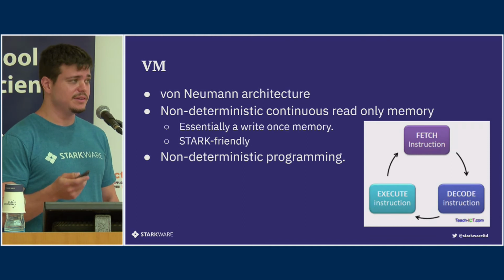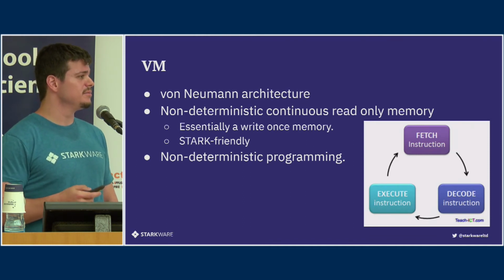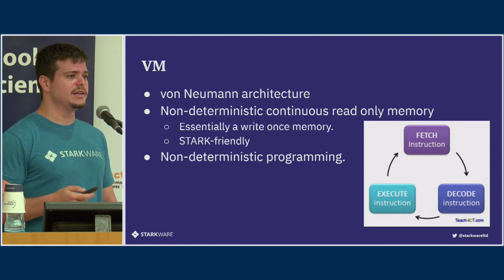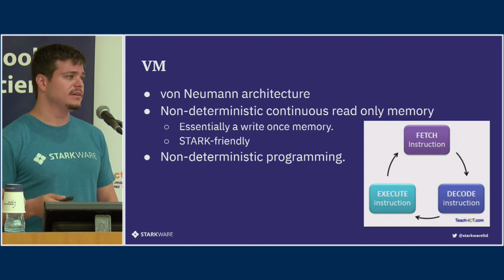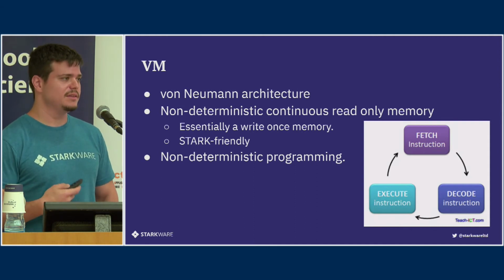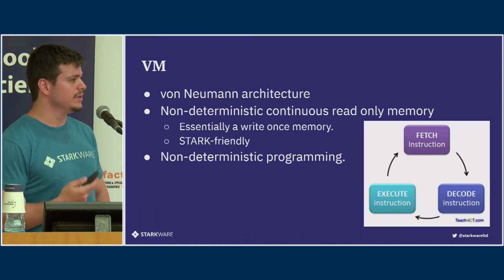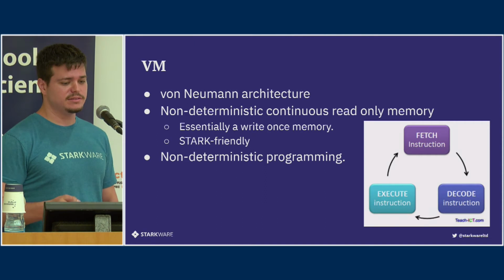Another benefit in this virtual machine is that it's non-deterministic, mostly because of the nature of STARKs. In STARKs, I can have some cells that are unconstrained, and then I can have their values come from, I don't know, an oracle or something. Perhaps the prover will need to fill them correctly, but it's not affecting the trace size, so it's good.